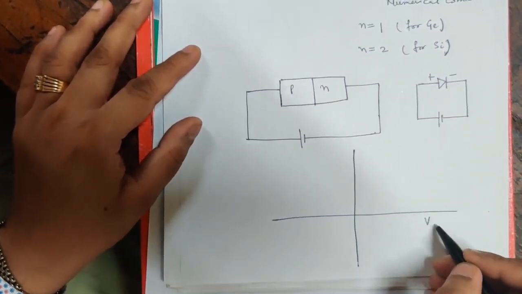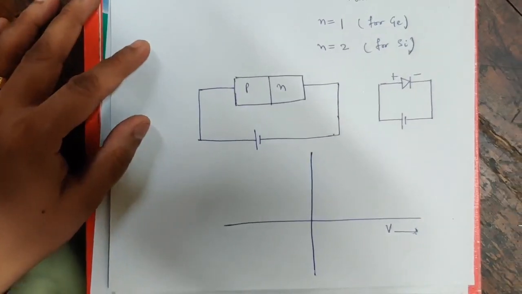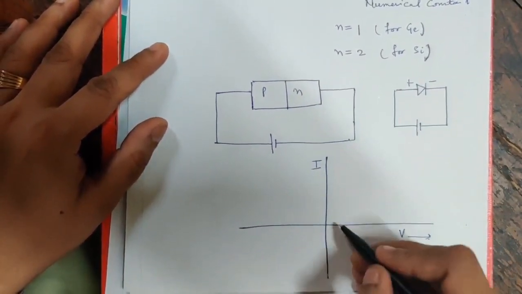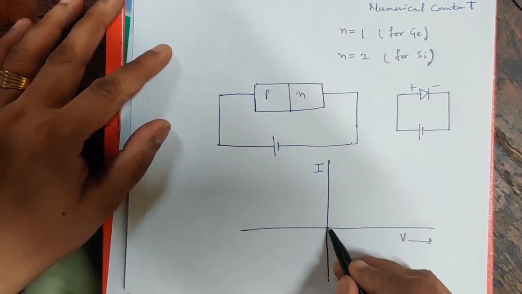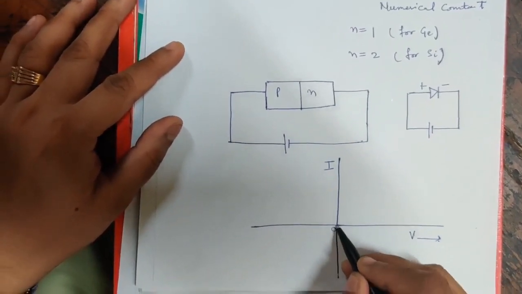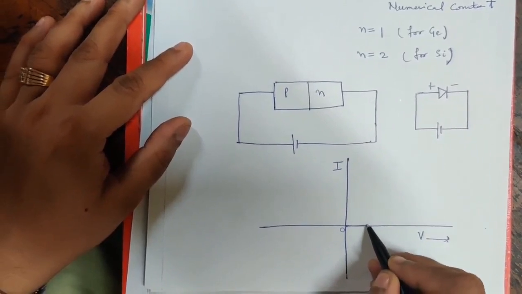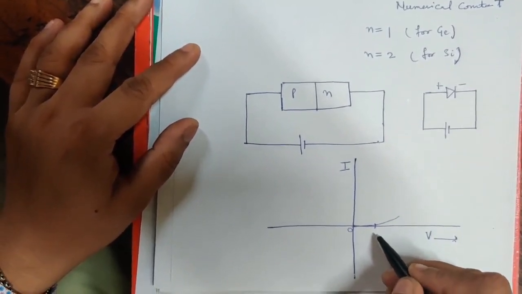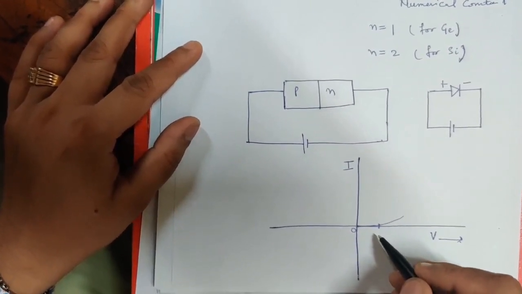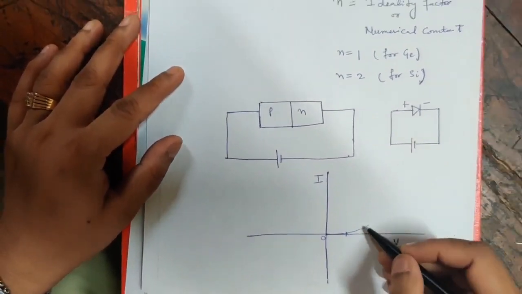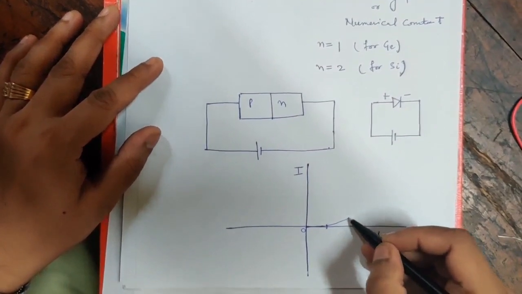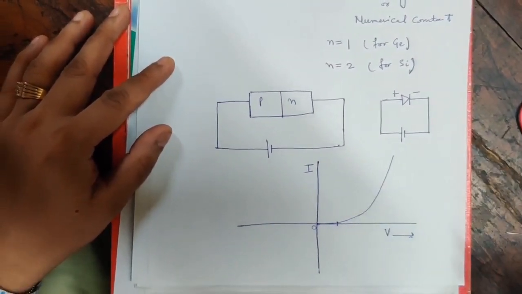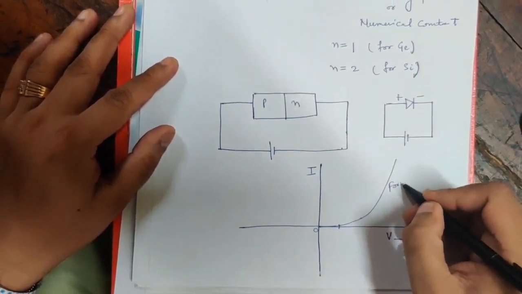And if I am talking about the characteristics diagram, I can also represent it here. This is the voltage, right? This is the current for the forward bias. As you increase starting from 0, it will go like this. And then of course there is some operating voltage or knee voltage at which the current will start increasing, and at some particular point it will rapidly increase. Alright, so this is taken as forward bias,